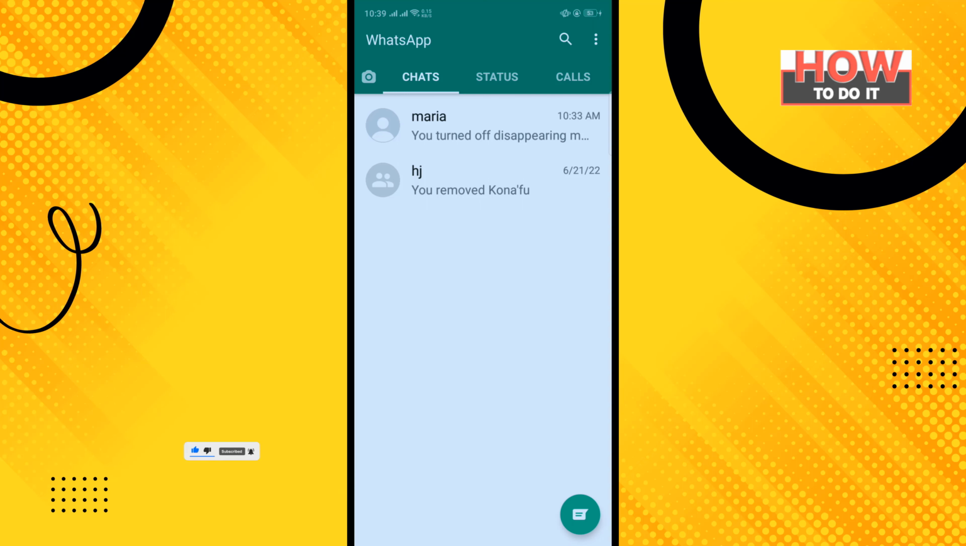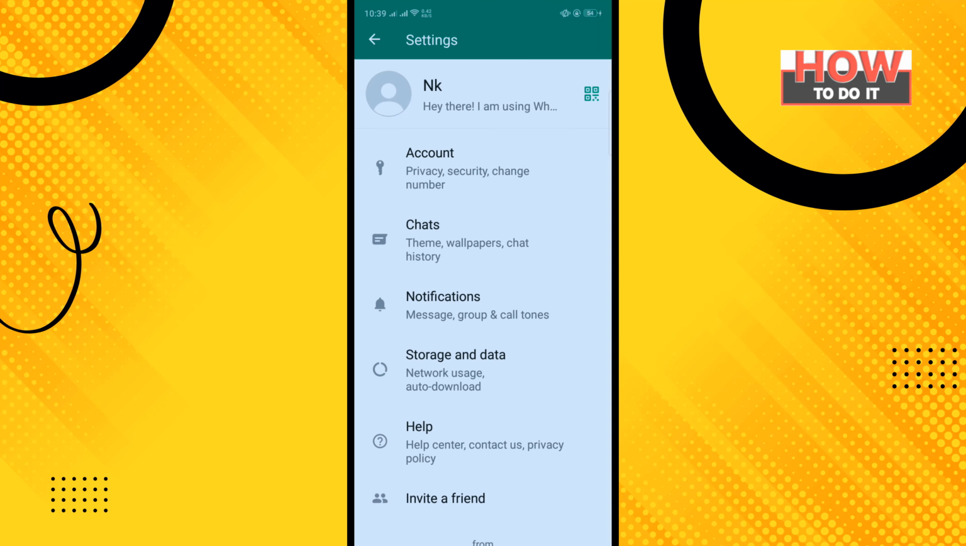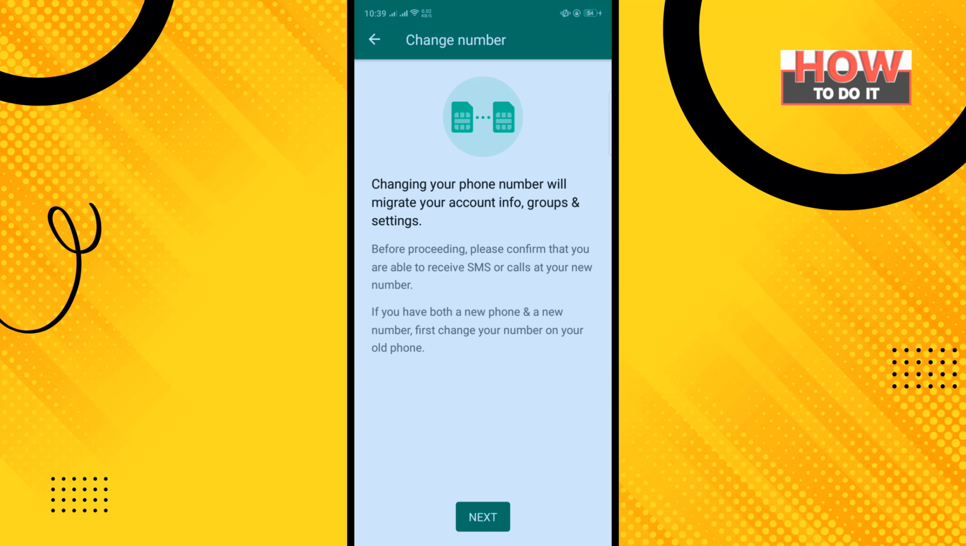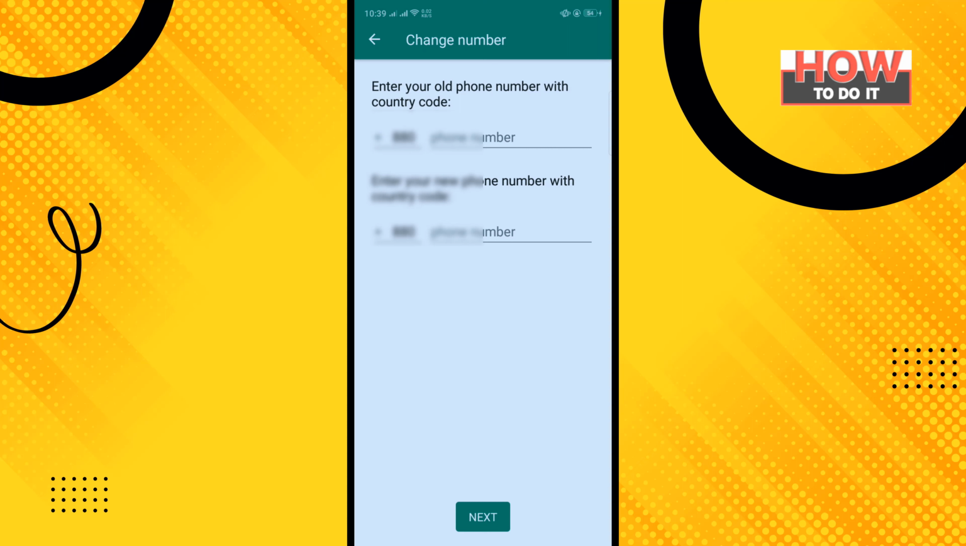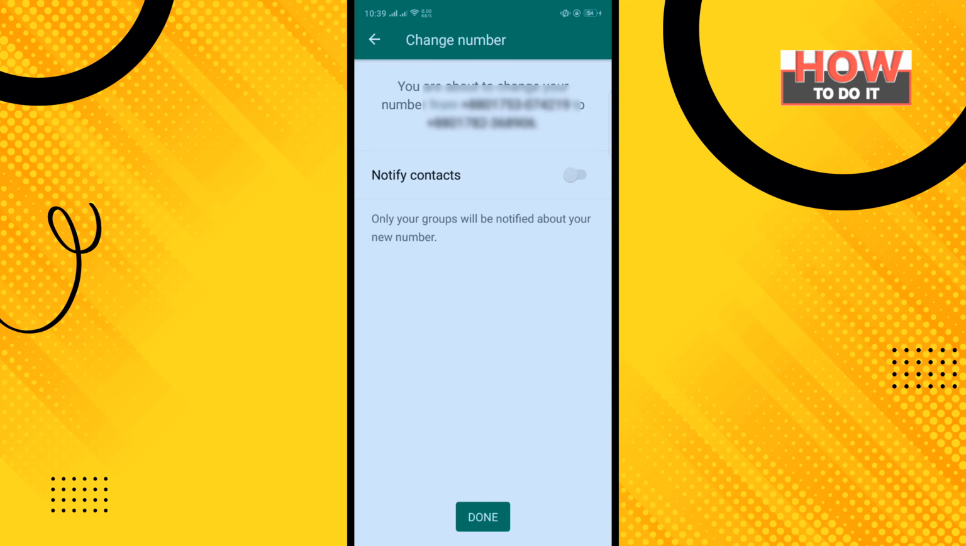So open your WhatsApp app and tap on this three dot icon in the right hand corner, tap on settings and tap on account, tap on change number, tap on next and enter here your old phone number and enter here your new phone number and tap on next. You can turn on notify contacts and then tap on done,